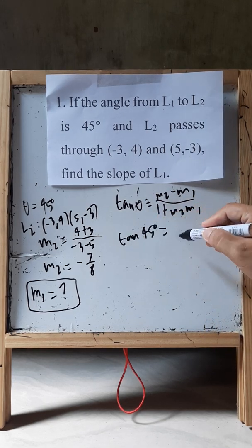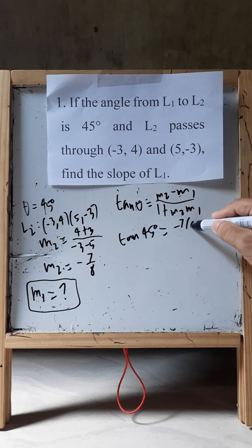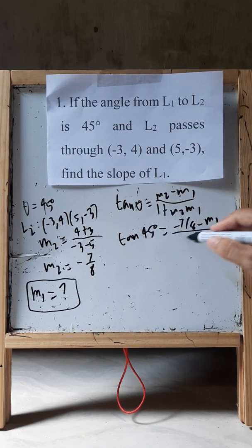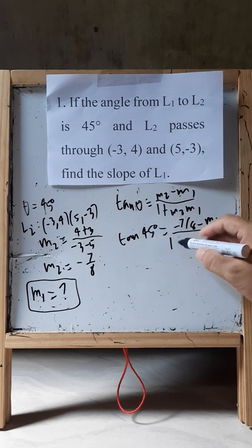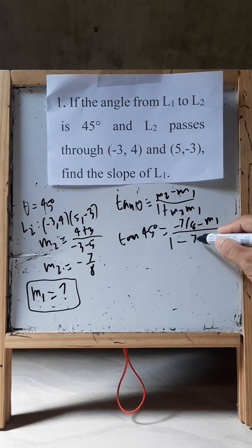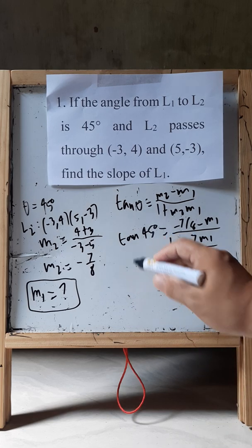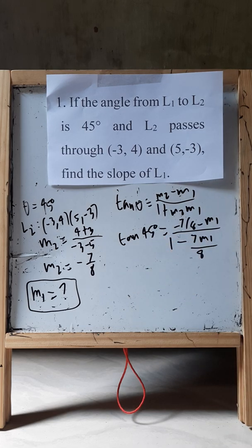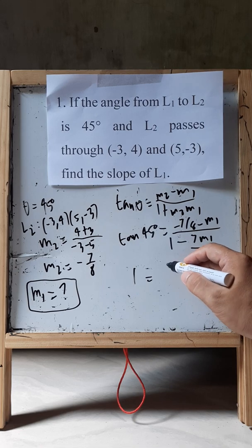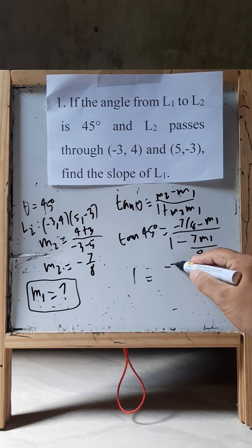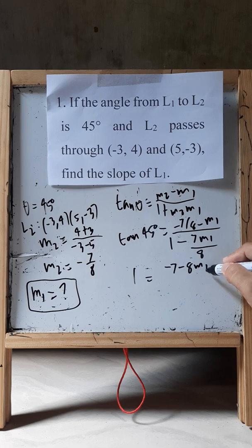45 degrees. M sub 2 is negative 7 over 8, minus m sub 1 which is unknown, over 1 plus, or since it's negative 7, minus na lang, 7 m sub 1 over 8. Then next, in your calculator, what is tangent 45? It's equivalent to 1. Now, negative 7 over 8 minus m sub 1, we have negative 7 minus 8 m sub 1